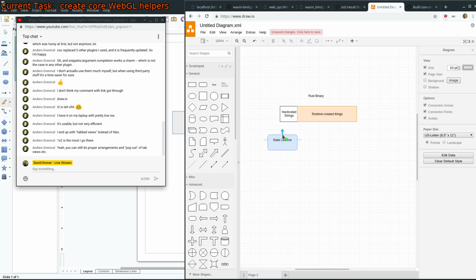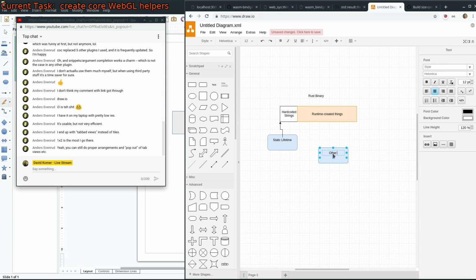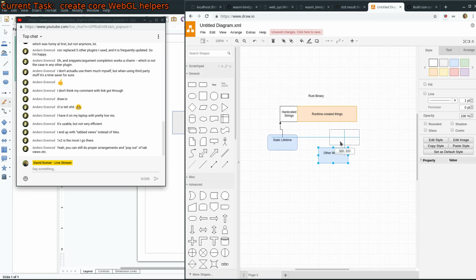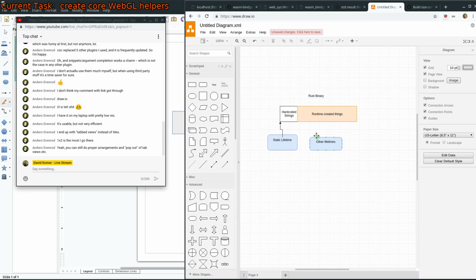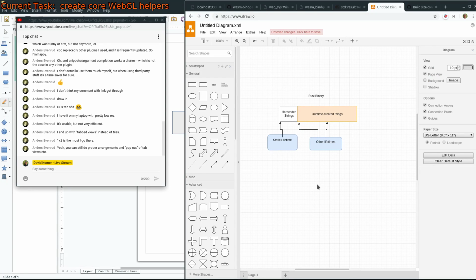So I think the idea is that the static lifetime is the stuff that begins here, and then we have our other lifetimes, and those are created anywhere in here, and so that's why, if we have something that